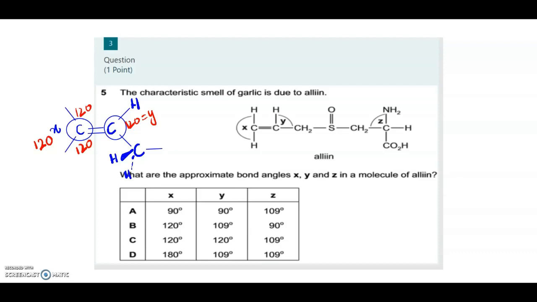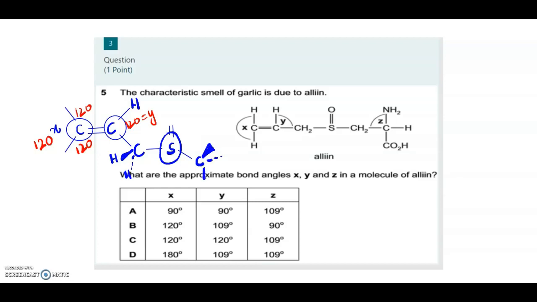So next is sulfur, and again it has a double bond. So when there is a double bond, the angle between them is 120, 120, 120, although they didn't ask about it. Okay, now again we have a carbon here, carbon, and carbon, all valencies are utilized, so it is